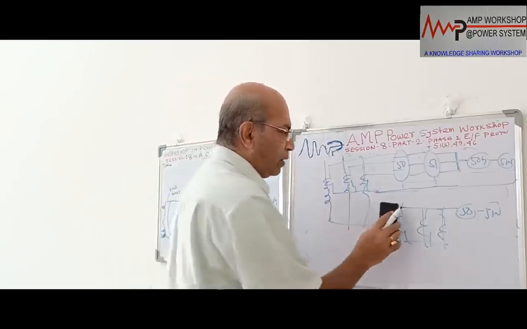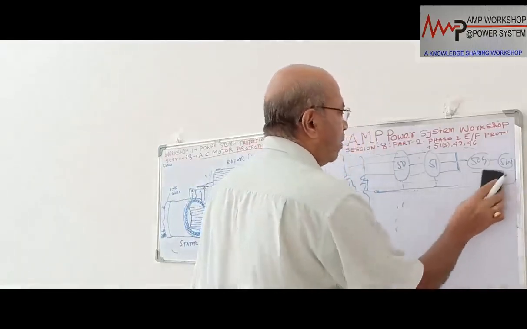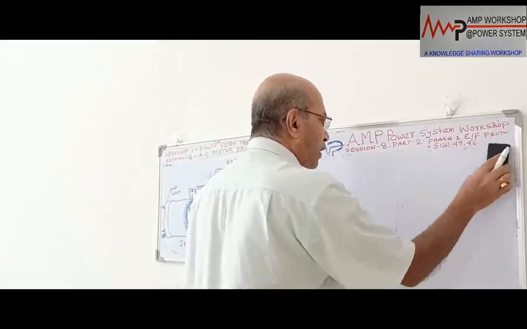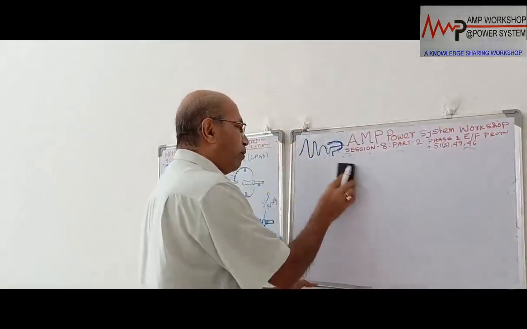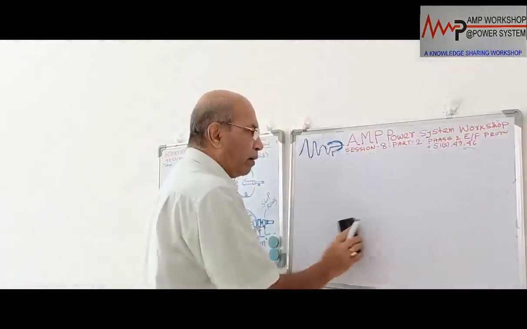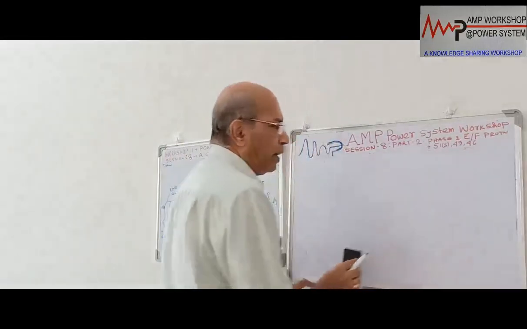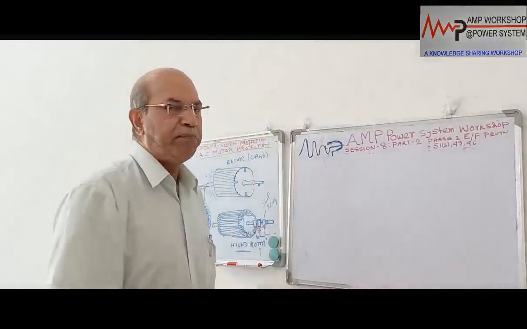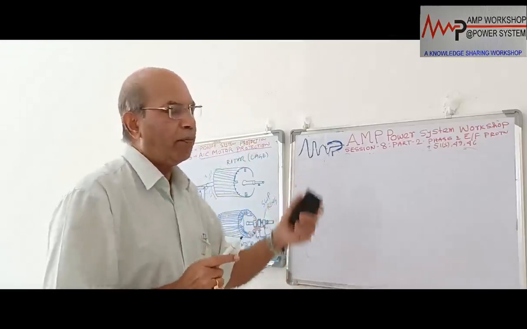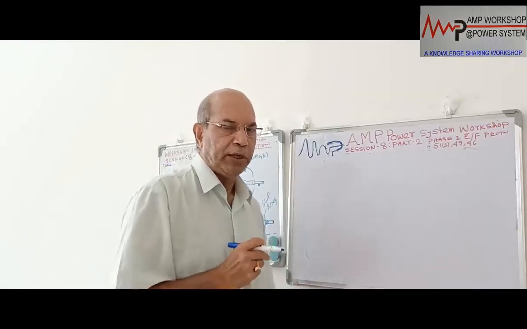Okay. So these are the phase fault and earth fault. But in case of 50G operation, we have to look into it. We can provide it if there is an adequate earth fault current. In case of low resistance earth, high resistance earth, or when the earth fault current is very limited, it may happen that this 50G relay, the instantaneous earth fault relay, will not operate. In that case, it will operate by only 51G.